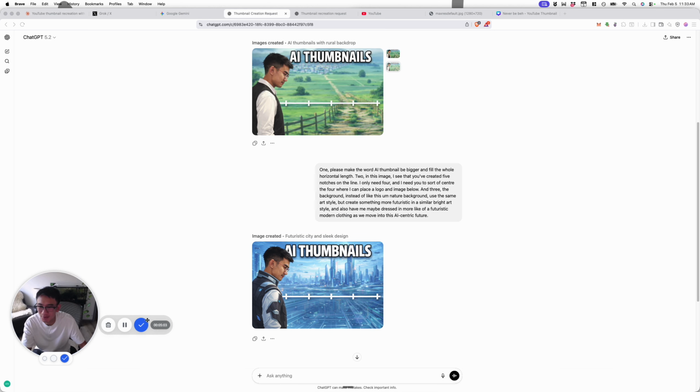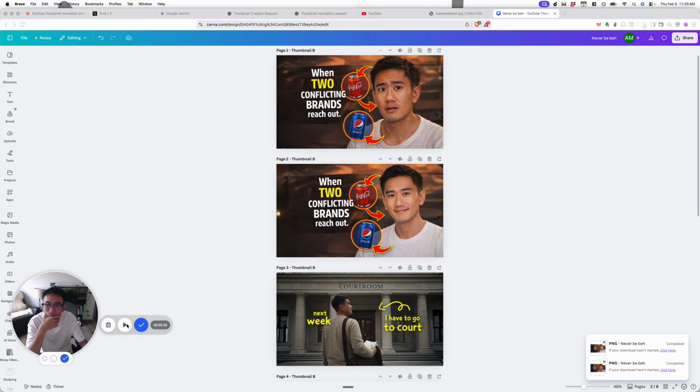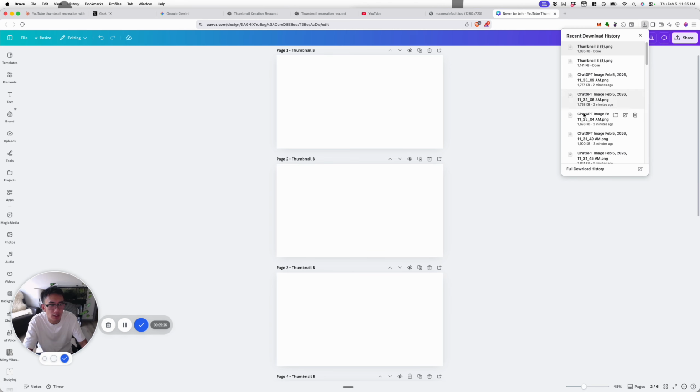This is cool. Okay, so I'm gonna download both of them. To be honest, I'm gonna download all three because on YouTube you can actually split test 3 thumbnails. So I like to get all the assets, but this is so cool. So what I then do is I drag the 3 thumbnails I got from ChatGPT